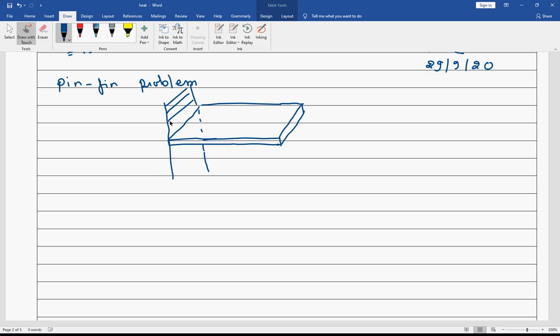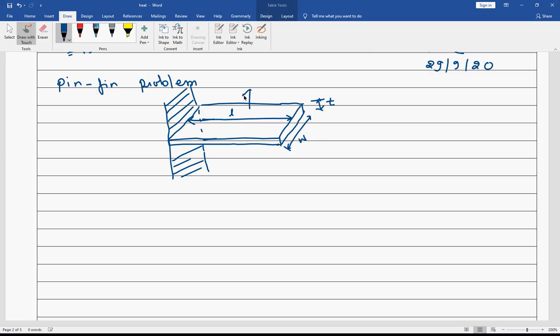So this is cylinder head, or maybe some ball you can consider. So this is denoted as W. This is called width, whereas this is length of the pin, and this length is denoted as thickness by W. Okay, so this is how the configuration of any fin is there.